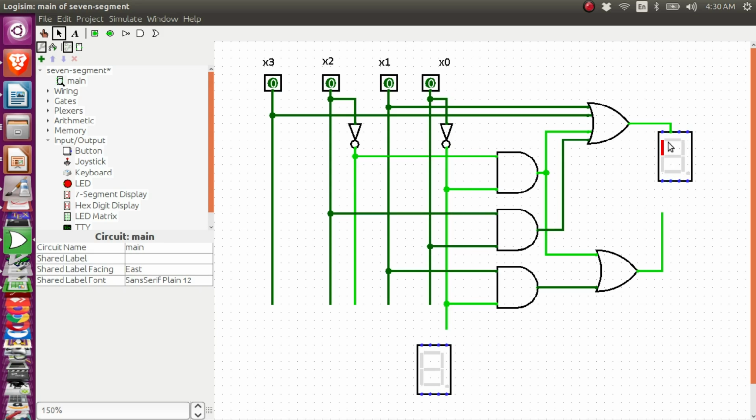So you know that this is segment F, so this input is for F. The next input is for A,